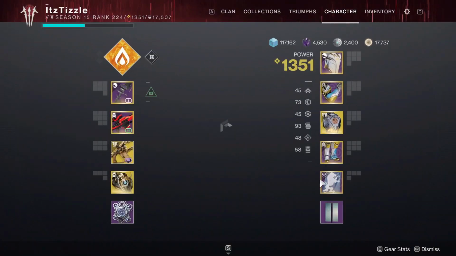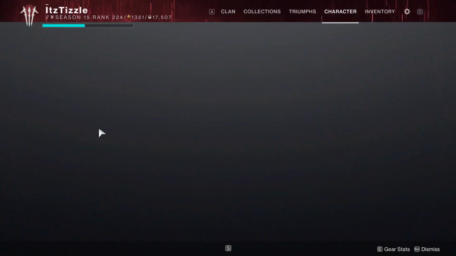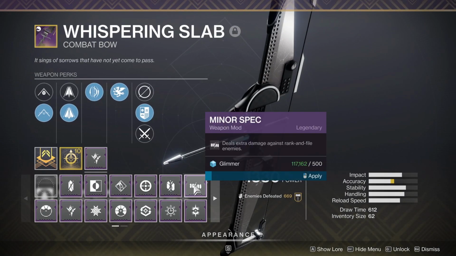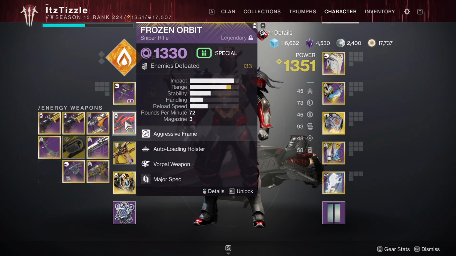We're running an Elemental Well build with Font of Wisdom, Elemental Ordnance, Bountiful Wells, and Well of Ordnance. We also have on Elemental Charge, but that doesn't really apply to anything here as we have nothing to use our Charges of Light. Basically, this allows us to get a grenade kill which will spawn a well, and when